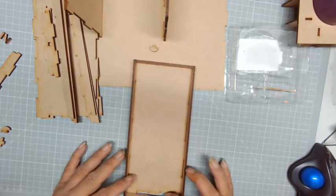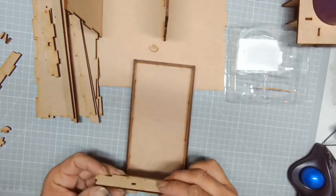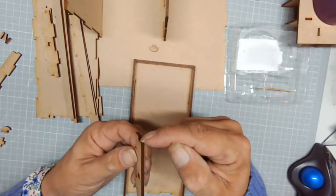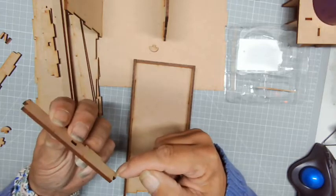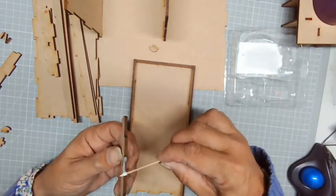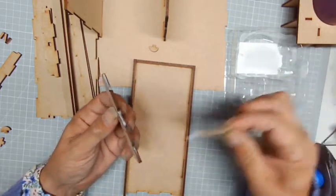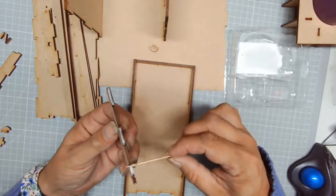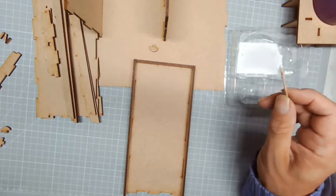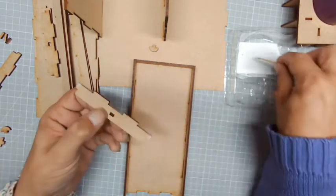So I'm just going to put glue along those 3 bits there, and then a little bit along that edge there, and then a little bit there and a little bit there, and that should hopefully stick that in. And then I will, working as quickly as I can but not rushing, I will then just pop a little bit of masking tape on each of the corners just to try and hold it together. I've got to remember how these fit together now. A little dab there, a little dab there, and I think these